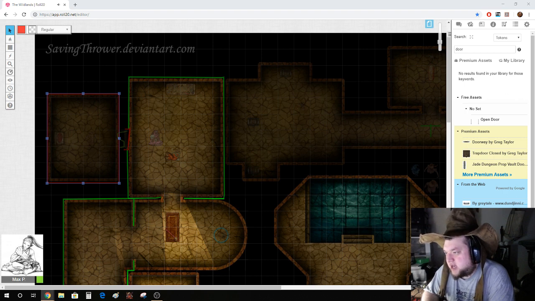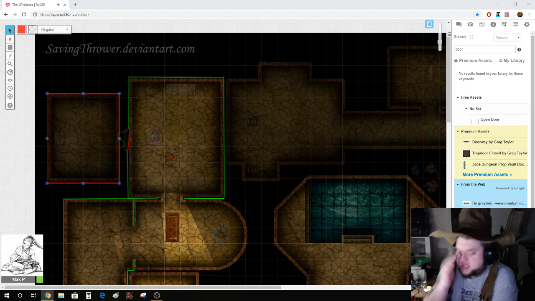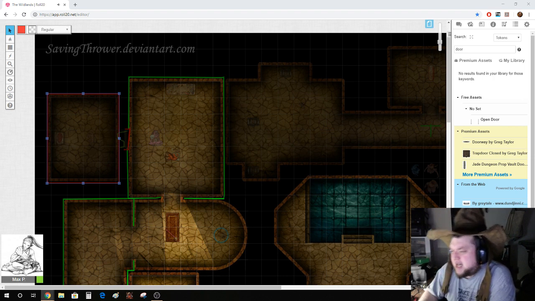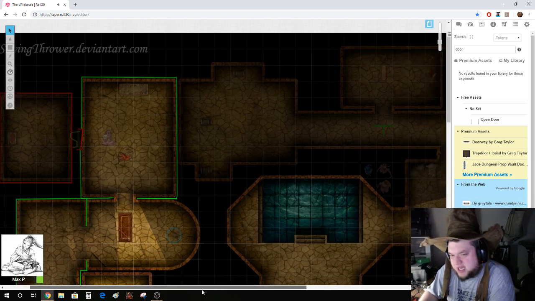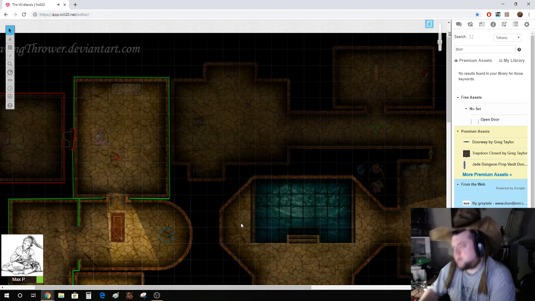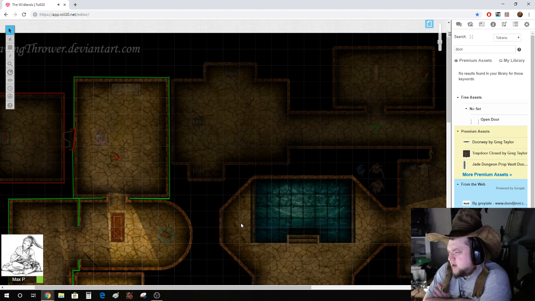Actually, Grimslag, what goes through my mind is set depending on the quality of the door and the level of the dungeon, in a sense. What goes through my mind when I am setting the DC, the difficulty class, which is the number that the players need to roll, for those of you who don't know what difficulty class means. What goes through my mind is, very quickly,